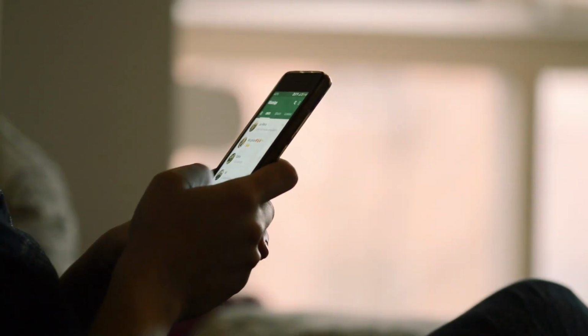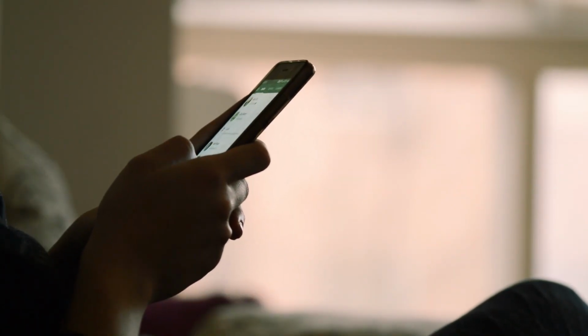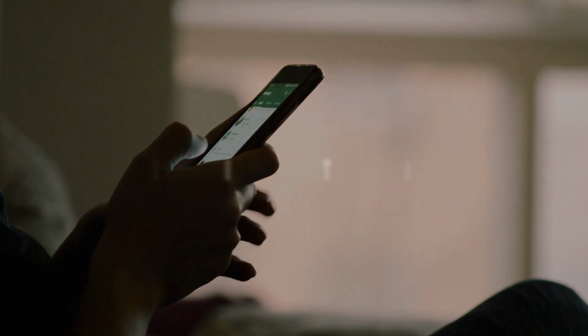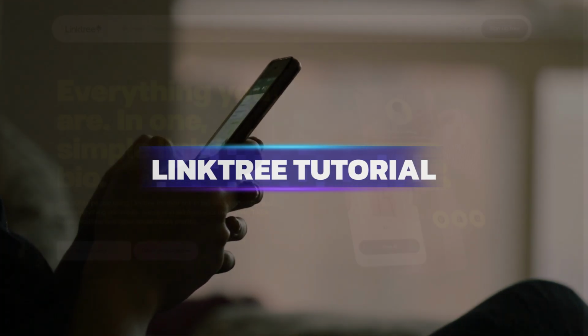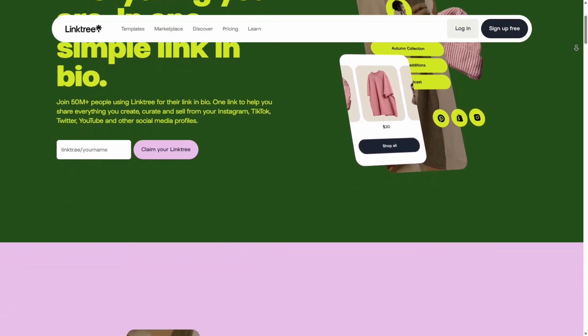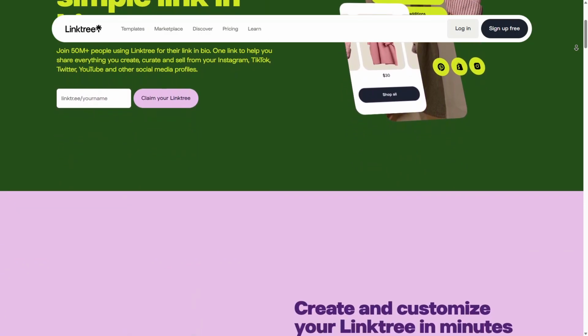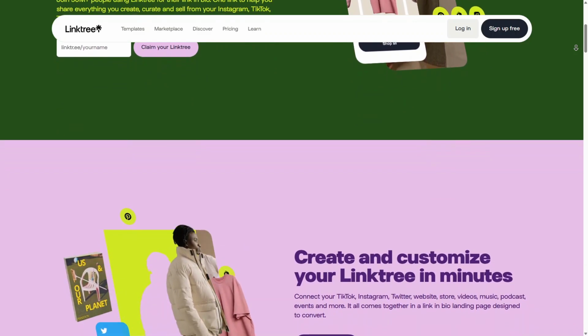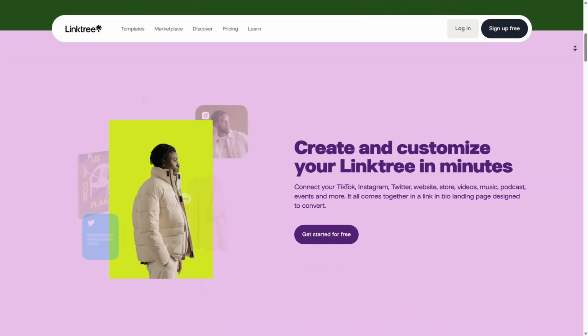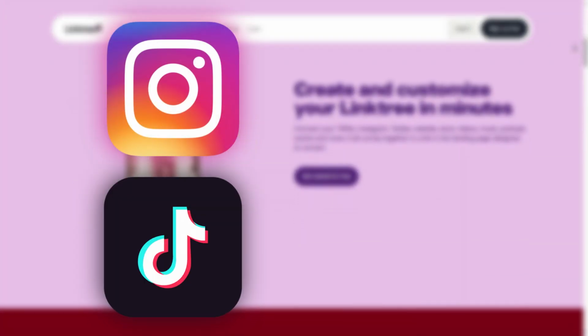If you have multiple social media accounts, a website, or online products, sharing them all in one place can be challenging. That's where Linktree comes in. It's a simple yet powerful tool that allows you to organize and display all your important links on a single landing page. More than 35 million people use Linktree because it simplifies sharing links across platforms like Instagram, TikTok, Twitter,